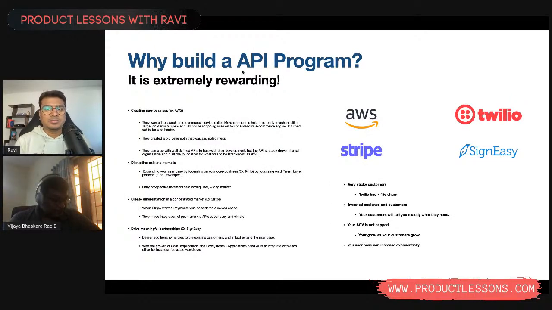Right, and so one of the things that naturally is the next question is, why do I even need to build an API program, right? What are the benefits? How do we approach it? And there are different